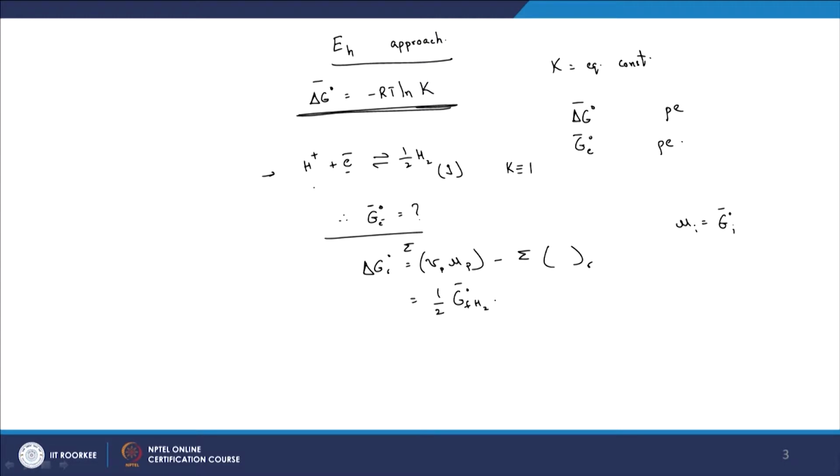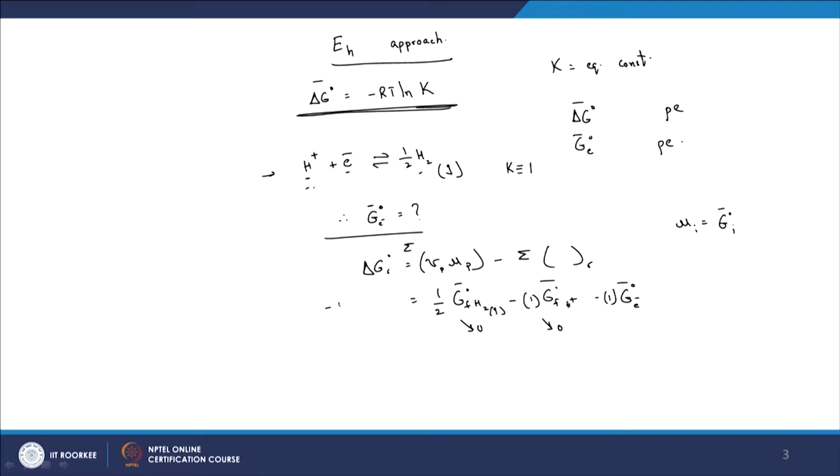H2, hydrogen in the gaseous state, minus that of H plus, minus that of the electron. Again 1 is the stoichiometric coefficient here, but these are the elements here, and thus these two values would be equal to 0, and here we know delta G of this particular reaction